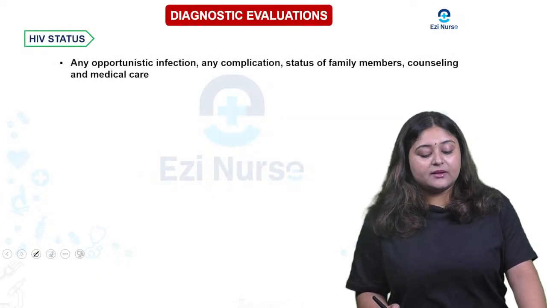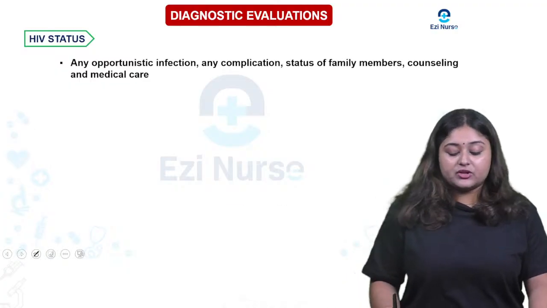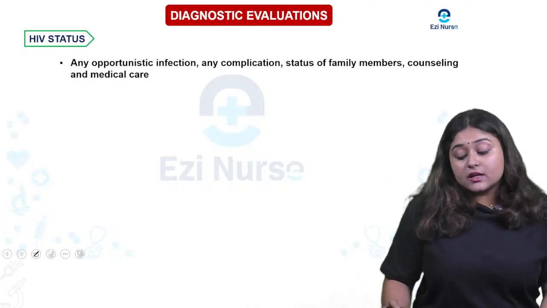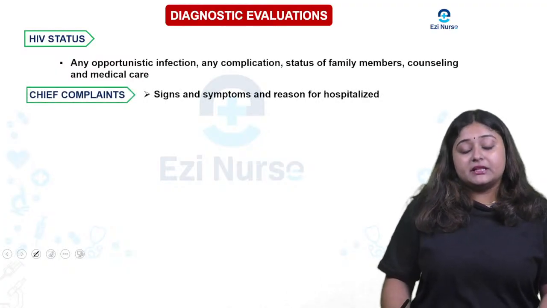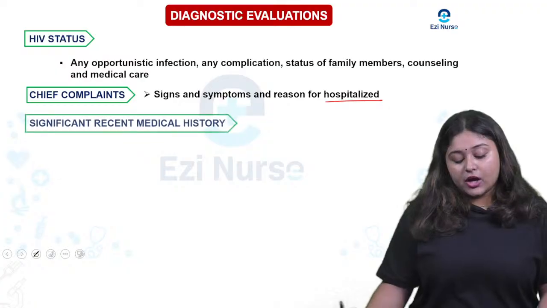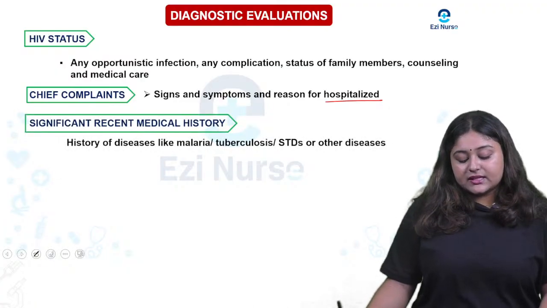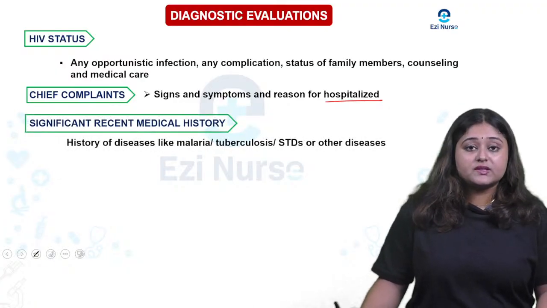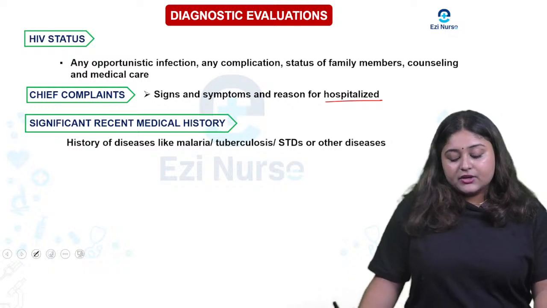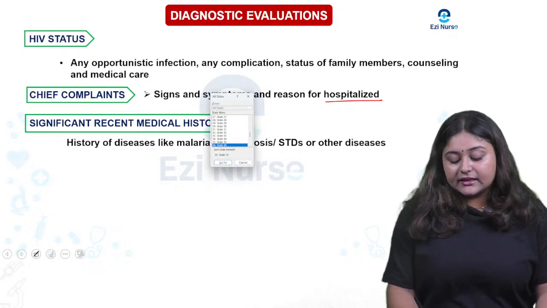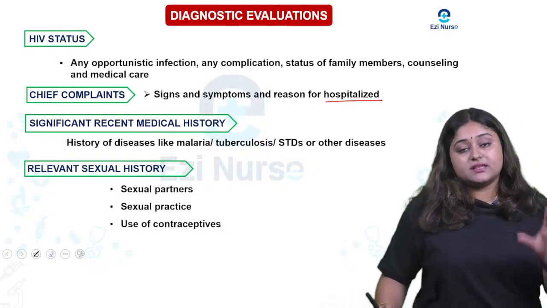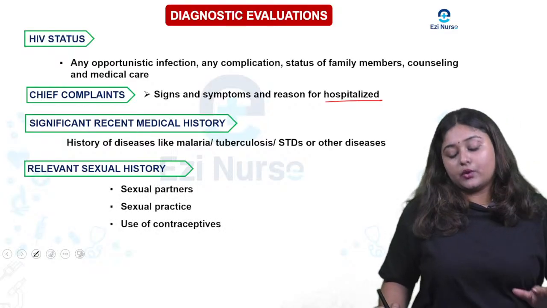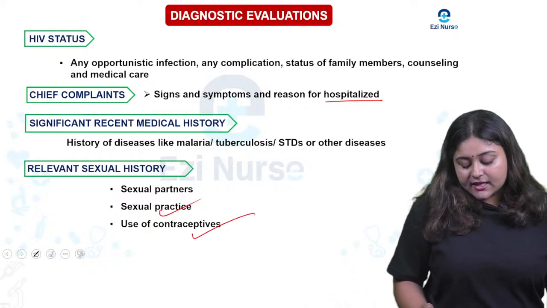Okay, now come to the diagnostic evaluation. For that: HIV status, any opportunistic infections, any complications, status of family members, and counseling and medical care. Chief complaints are nothing but signs and symptoms and the reason for hospitalization. Then the significant recent medical history. In that we have to see history of diseases like malaria, tuberculosis, STDs or other diseases. Next one is the relevant sexual history. So in that, the sexual partners, like multiple sex partners or one partner, the sexual practice as well as use of